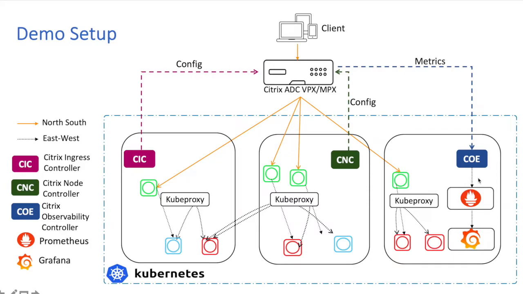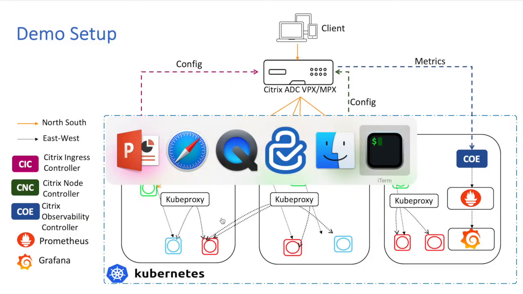In this demo, we are using Prometheus as the endpoint for COE and Grafana to visualize the metrics coming from the Citrix ADC VPX. As of now, one guestbook application is already running in the cluster, which needs to be exposed via VPX. One Ingress resource is deployed for the application, and the Prometheus and Grafana pods are already there. Now we'll see how the Citrix Deployment Builder will be useful in bringing up CIC, CNC, and COE together in our Kubernetes cluster. So let's go and have a look at our cluster.